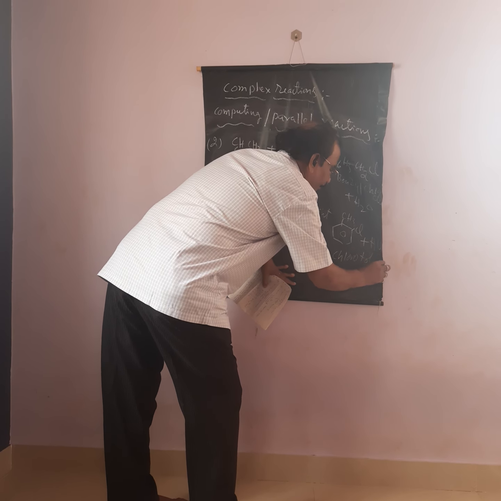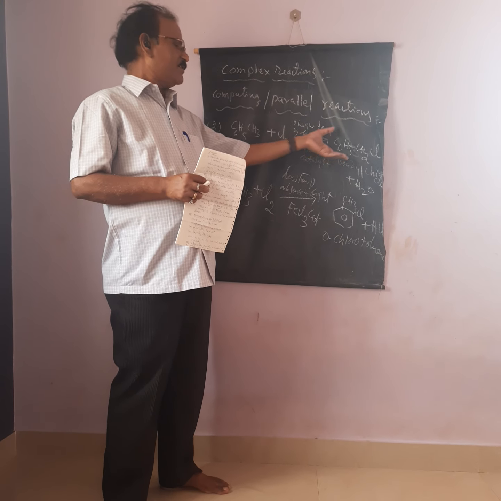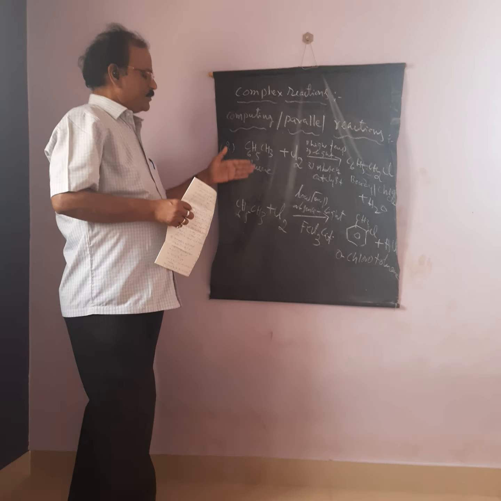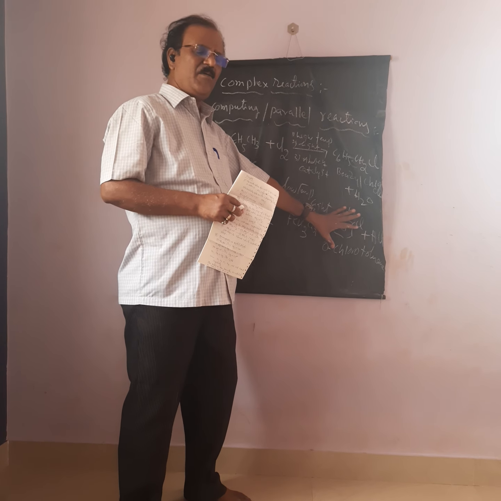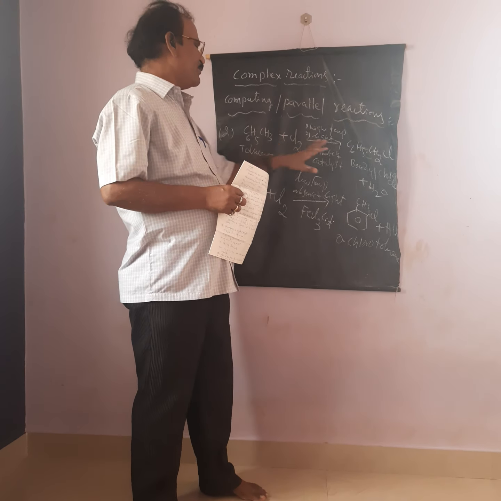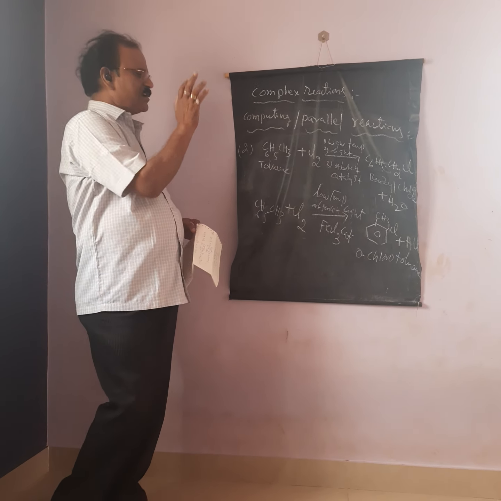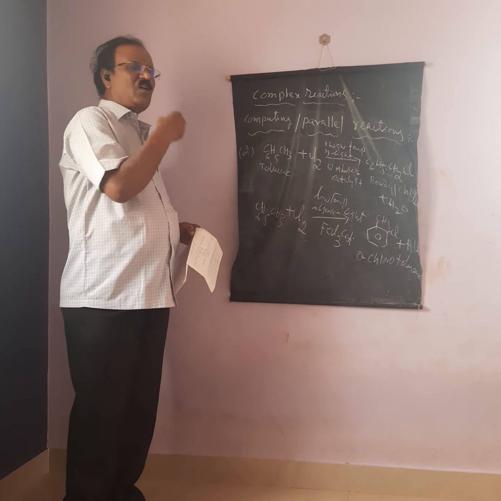If you change the conditions, you can make use of this one. It is a major product, so you can get different products under different conditions. These are side reactions, competing reactions or parallel reactions. Parallel to this, you can get this product, and if you make use of these conditions, this is the most preferable product other than this. If you use these conditions, benzyl chloride is the main product. This is the second example for competing parallel reactions. In organic chemistry, such reactions are very, very common. You can quote any number of examples.